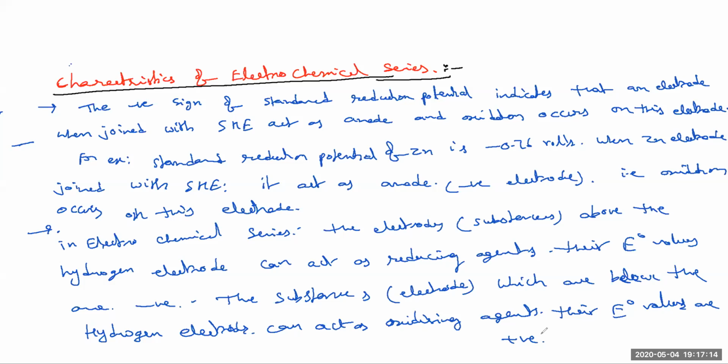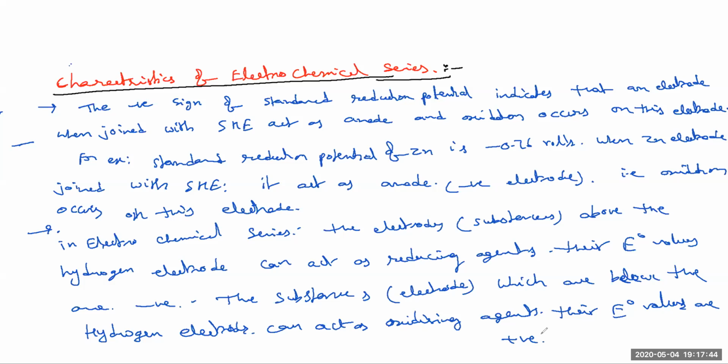Is this only applicable when they are present with the standard hydrogen electrode? One more also is a reference electrode, I will explain. If an element above hydrogen is present with another element that's above hydrogen, then one of them becomes an oxidizing agent, right? One minute point.